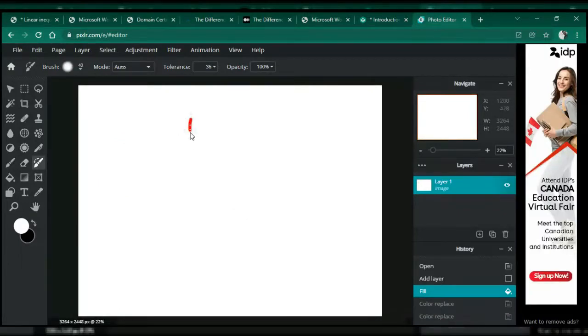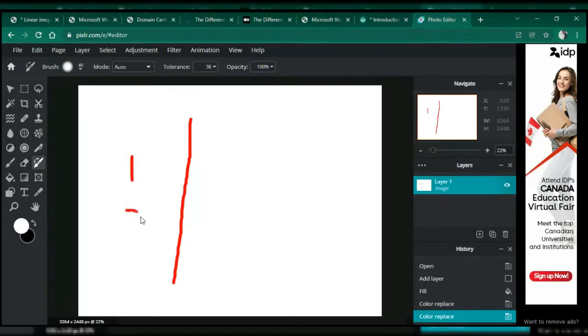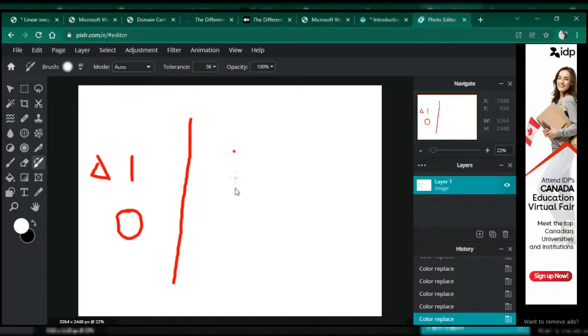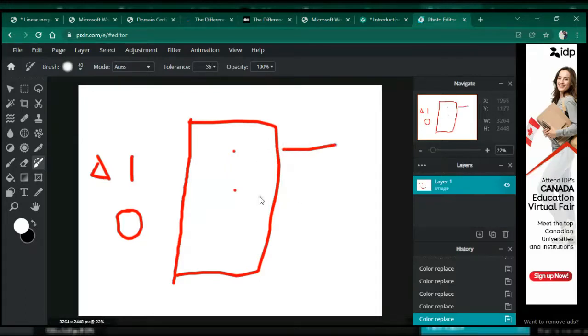So this is a sensor. Suppose this is a sensor, and you draw a line and a circle and a triangle. This is a system, a sensor that is supposed to recognize whether a line is drawn or not. Just its function is whether a line is drawn or not. That is one gate. It is a yes or no question.